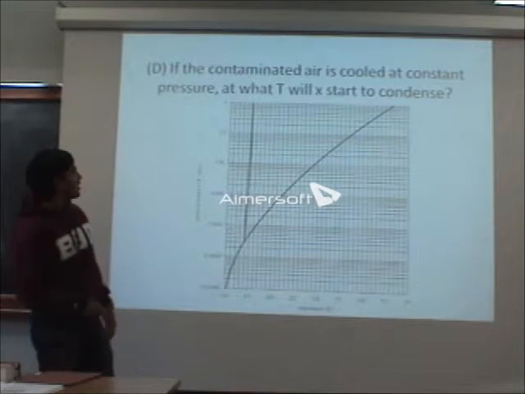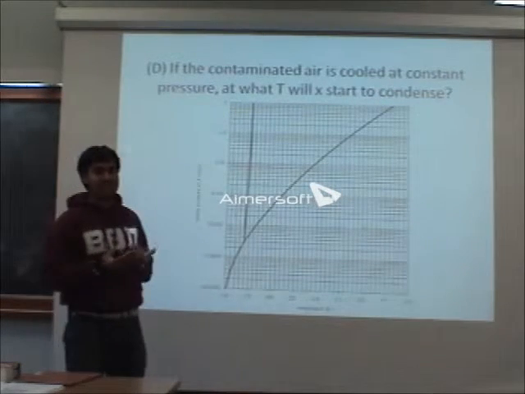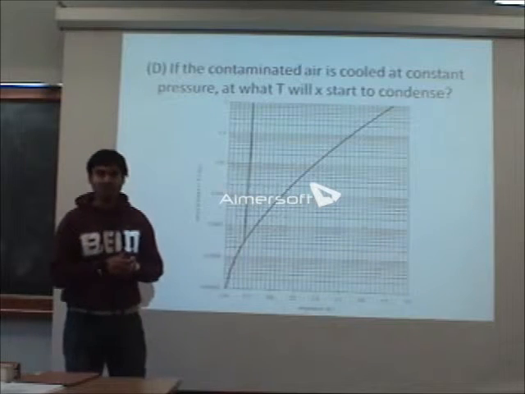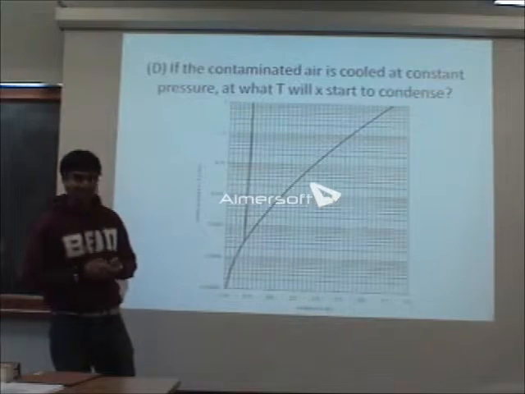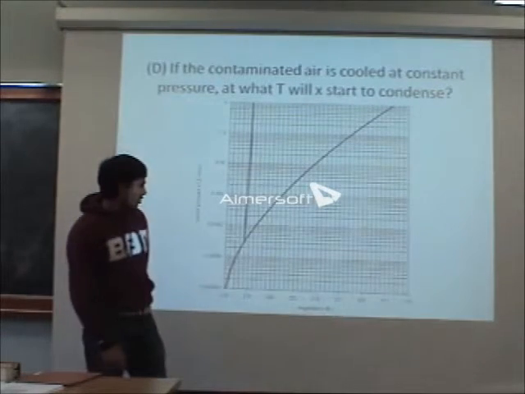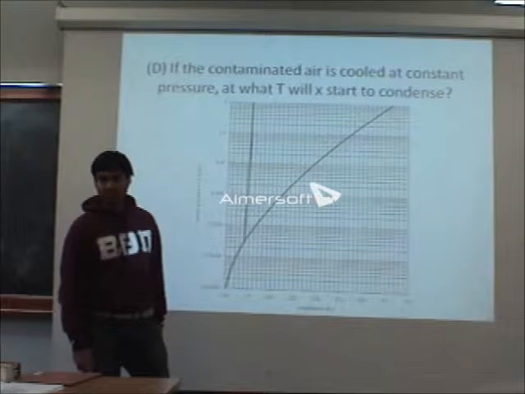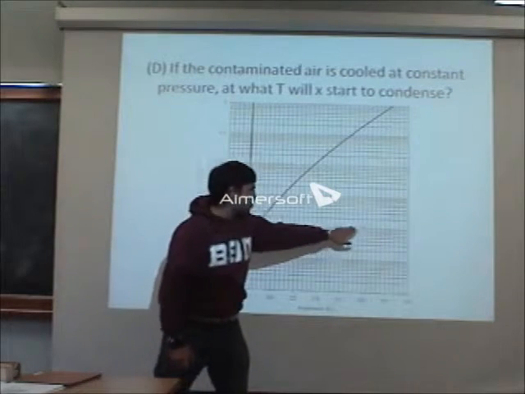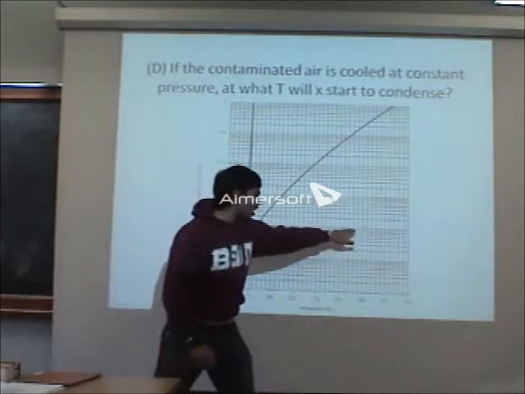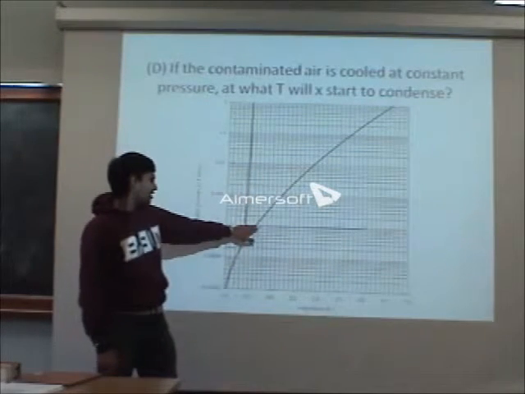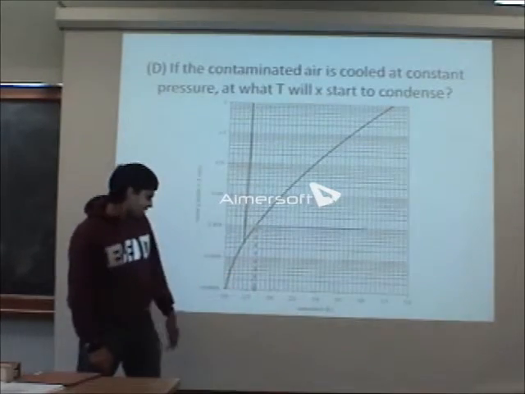Awesome. So now that we have our point, we need to find the temperature at which X will first start to condense. So anyone have any suggestions how we can do that? Britt? So downward toward temperature, keeping pressure constant, and when it hits the liquid and vapor line, that's when it'll start to condense. Awesome. So since we're keeping our pressure constant and just changing temperature, we'll move along the horizontal line to reach our equilibrium line, and we get our point, and then we go down to find our temperature, which